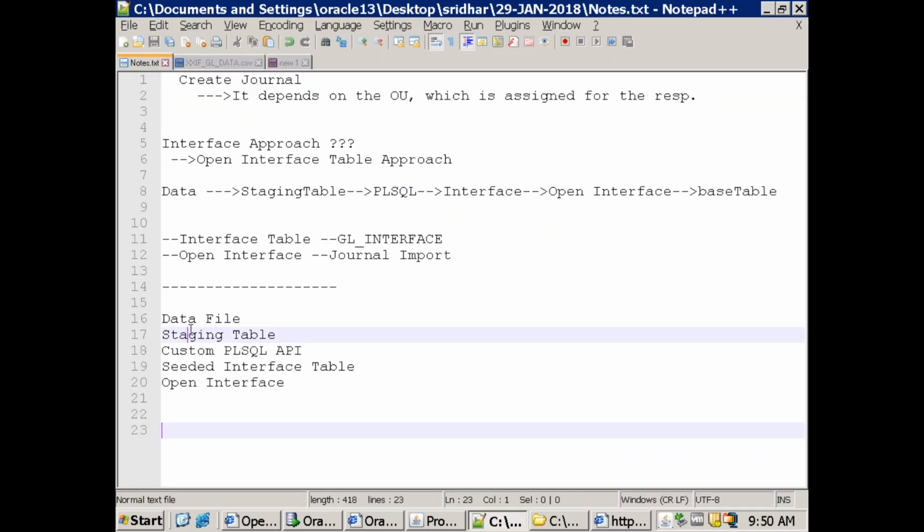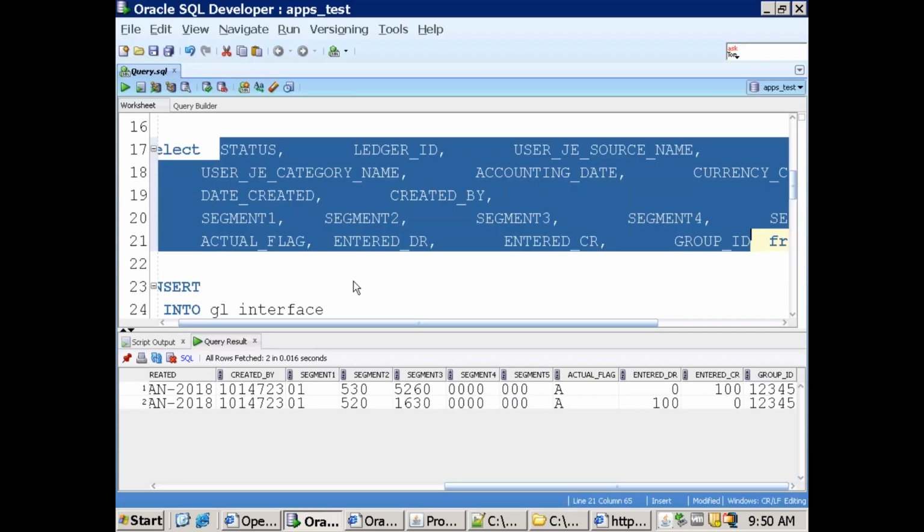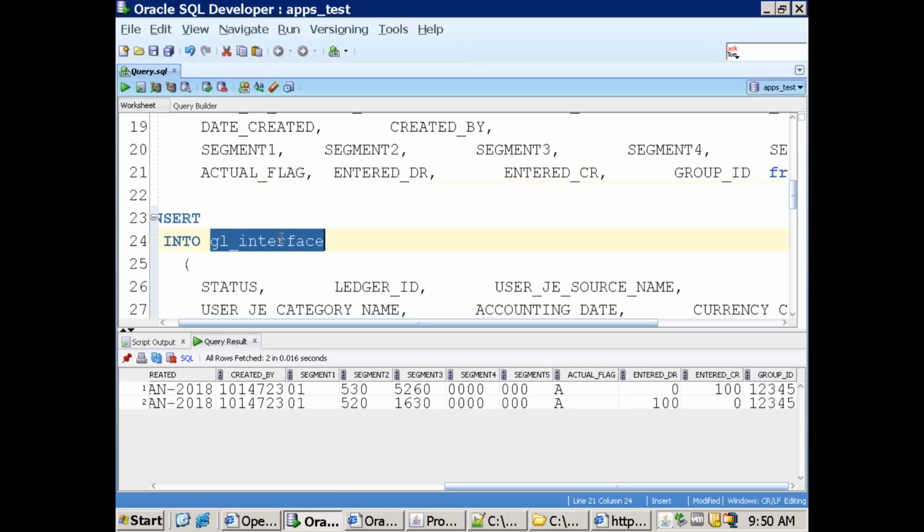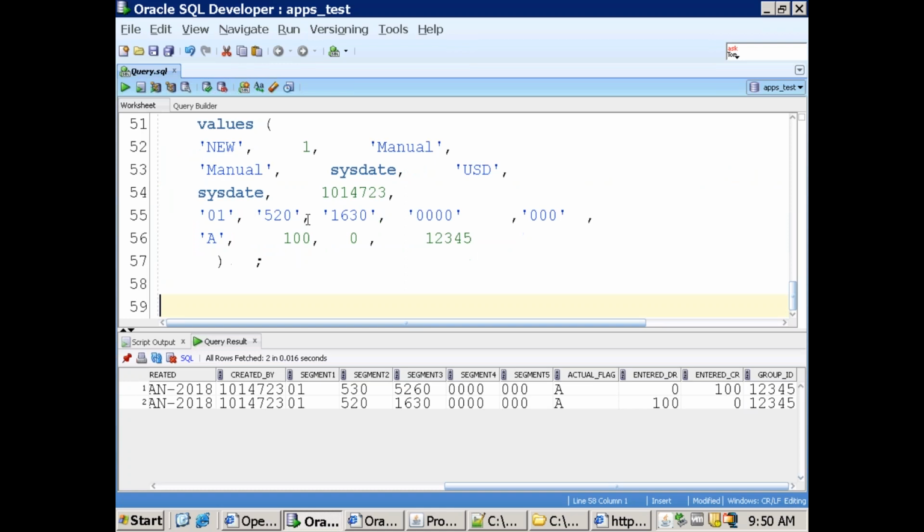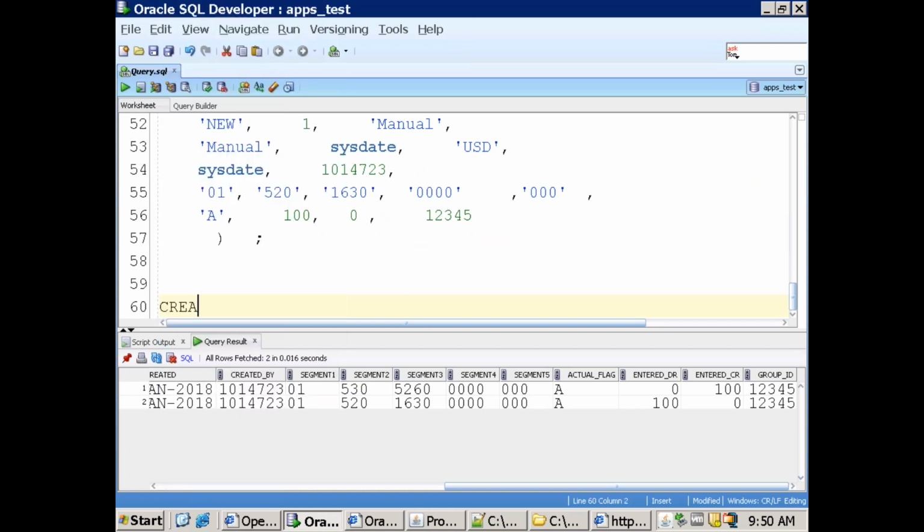Now what is the next thing? We need to have a staging table also. Generally, don't try to load your data into the interface table directly. That is not the proper approach. Always load the data into a staging table first. So now we need to create a particular staging table. The columns you have in the staging table all depend upon your requirement. The basic easiest way is to just create